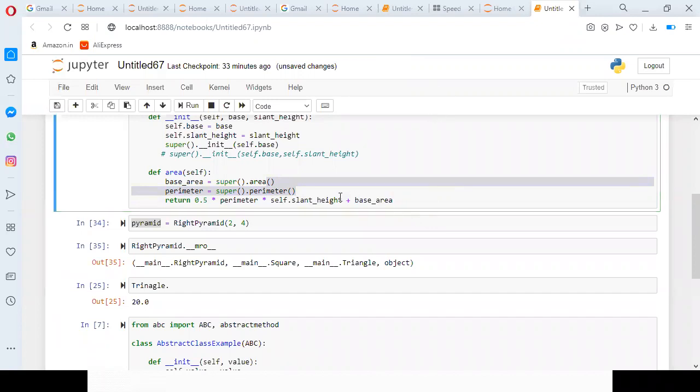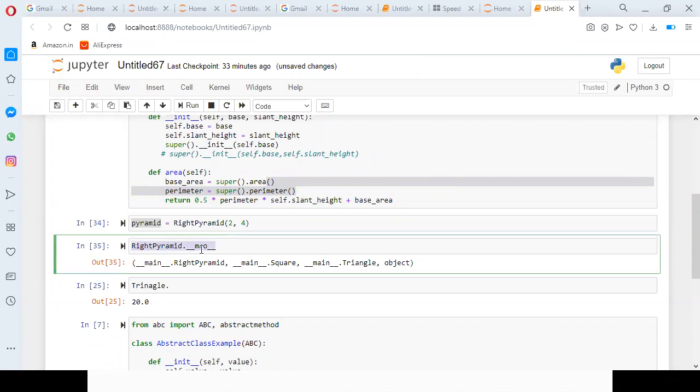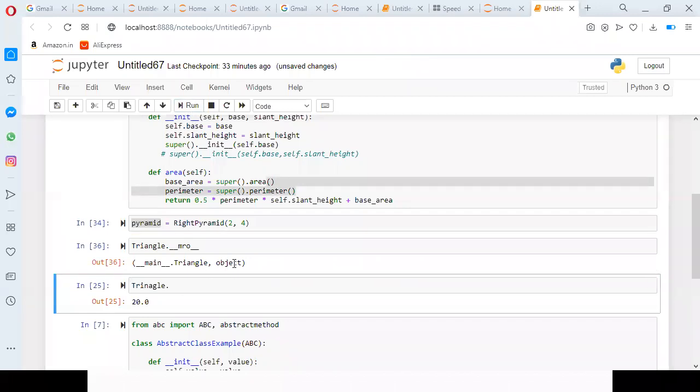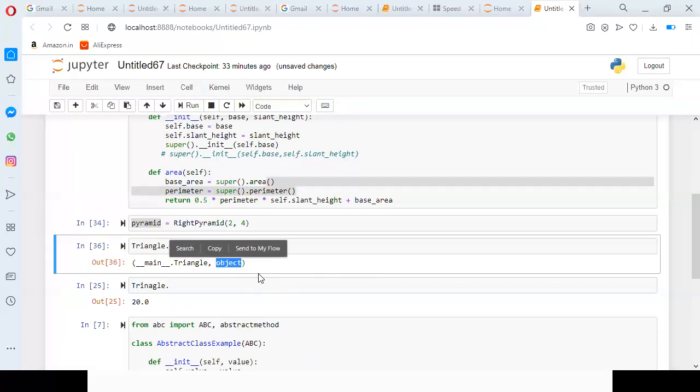I worked for right pyramid. If I want to work with the triangle also, you can work. Just observe what we are getting: main dot triangle and object. So object is the parent class for all classes. Okay. So that's the default. And O is a small letter. Similarly, when you go with square, we get square then object.